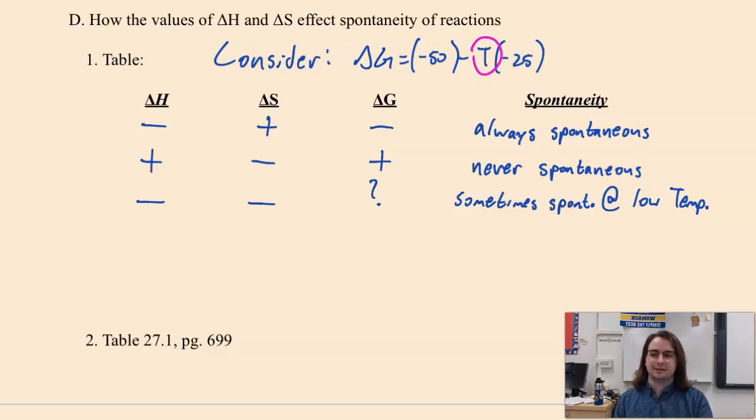That's what this means. So in other words, some processes have to happen at low temperatures and then they occur spontaneously. You could probably assume that there's one more thing that we can look at. If H is positive and S is positive, we're going to have a very similar situation where we're going to be dependent on T. So we are not going to know what delta G is, but we can say that we're going to be sometimes spontaneous